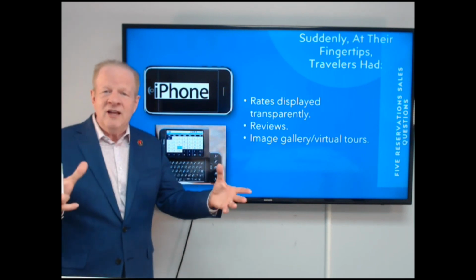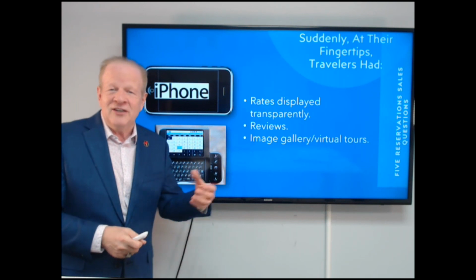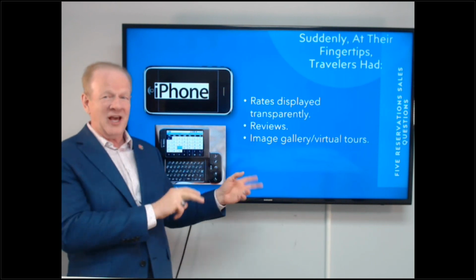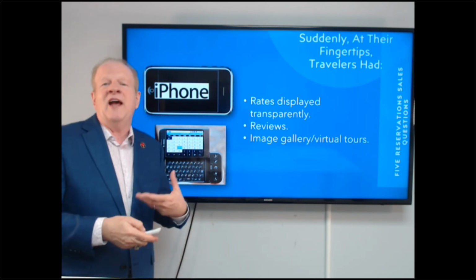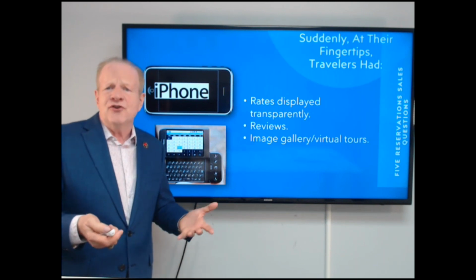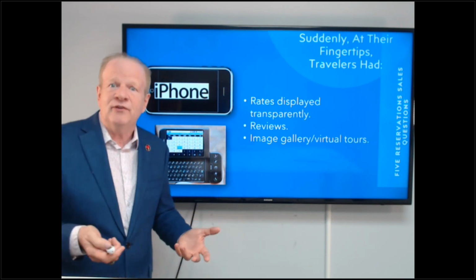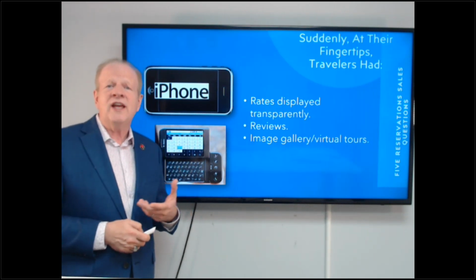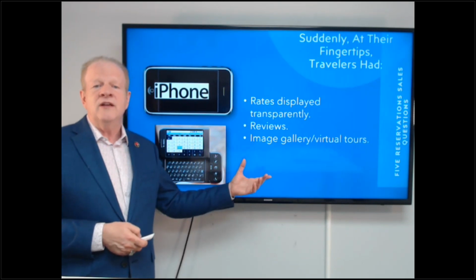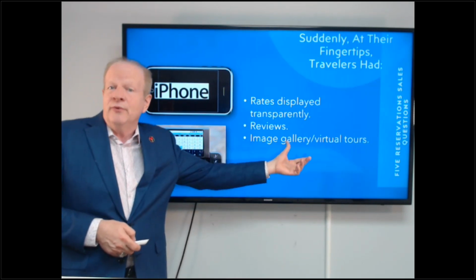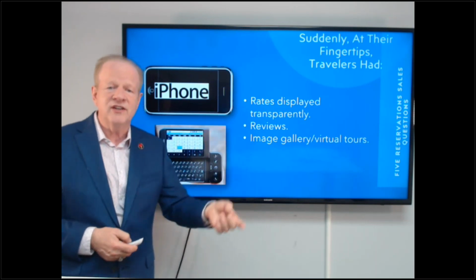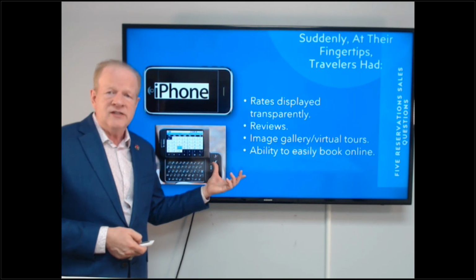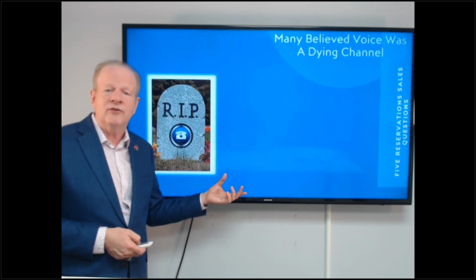Images, originally when that computer first came out that I showed you a minute ago, you'd have the picture of the hotel and then one photo of each different room category. Now, if you're a hotel, you probably have 5 or 10. Some on third parties, I see they've got like 75 different photos. It's the room from every angle. In the vacation rental segment of lodging, we have definitely gone all the way with not only image galleries, but actual 3D tours, 3D floor plans, 360 views have become popular. And also the ability to easily book online, so they can complete their whole travel plan right from that phone.